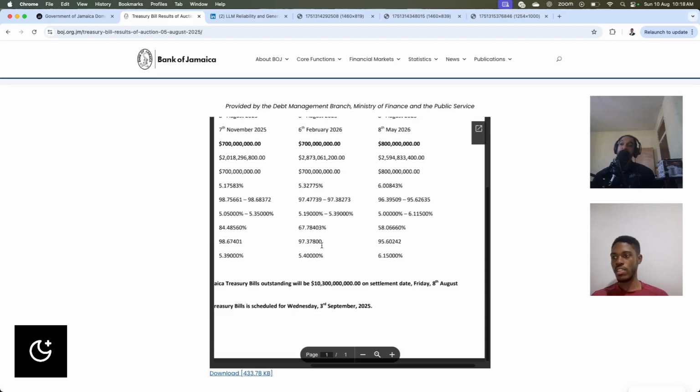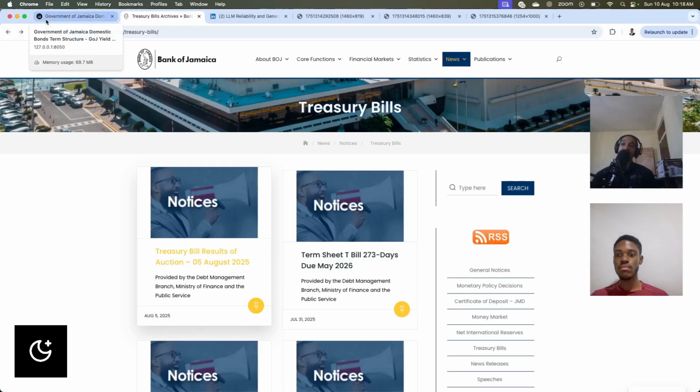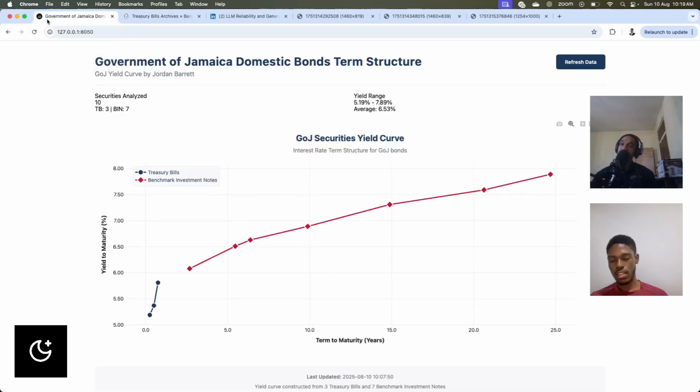So we can just scrape these. So you're saying that you're able to pull all the data from the Bank of Jamaica website and then generate the curve from there? Yeah, exactly. And all the curve is showing is the yield versus